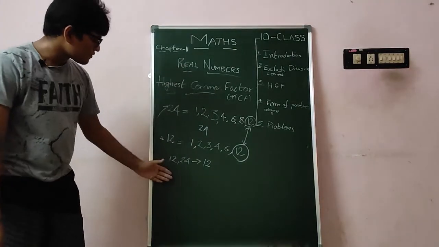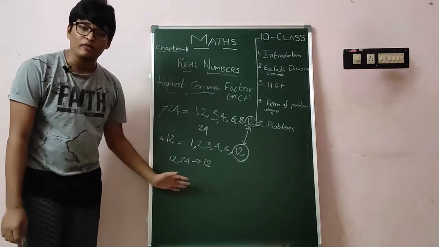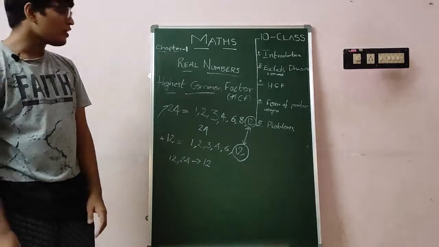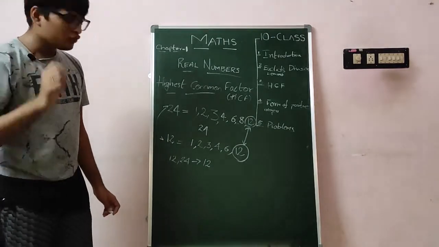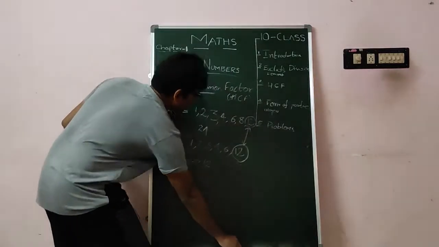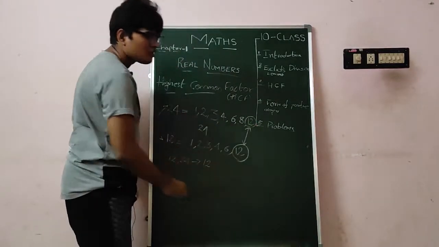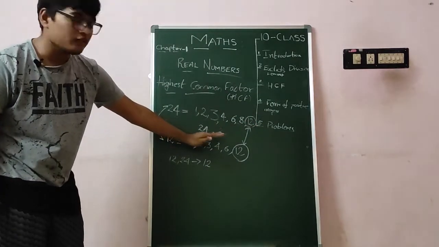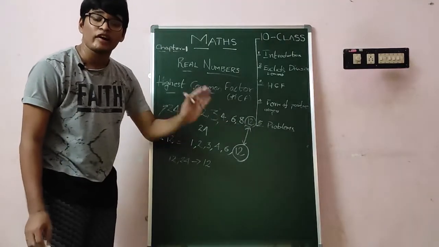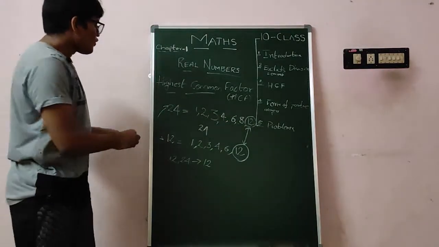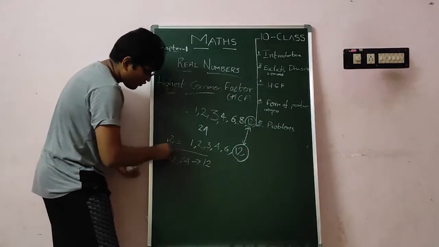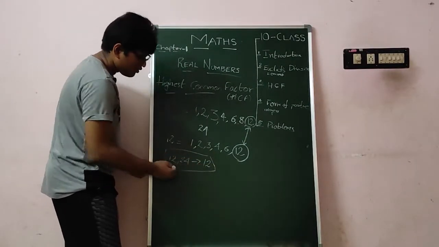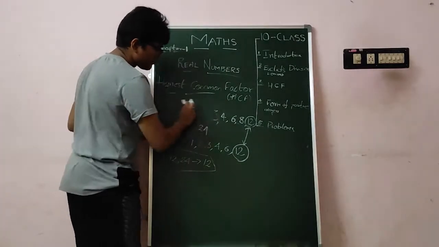We have discussed it till here, which is the highest common factor, the theory behind highest common factor. Now I will show you the shortest method to find HCF of two numbers. Here we have listed all the factors. We need not write all the factors to find HCF of two numbers, students. We have a shortcut for it. Remember, HCF of 12 and 24 is 12. I am erasing this.